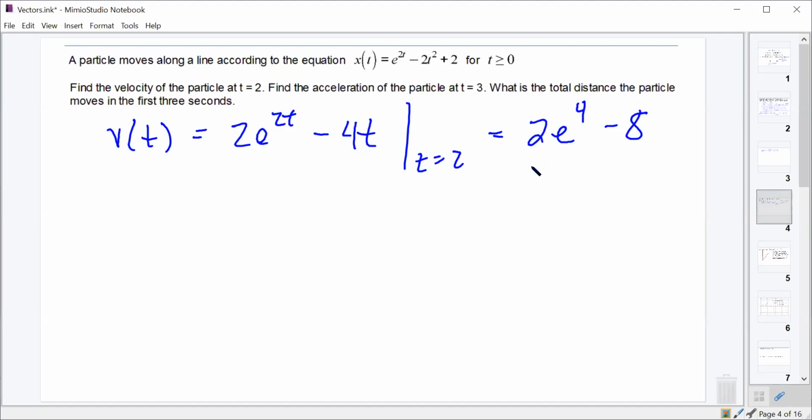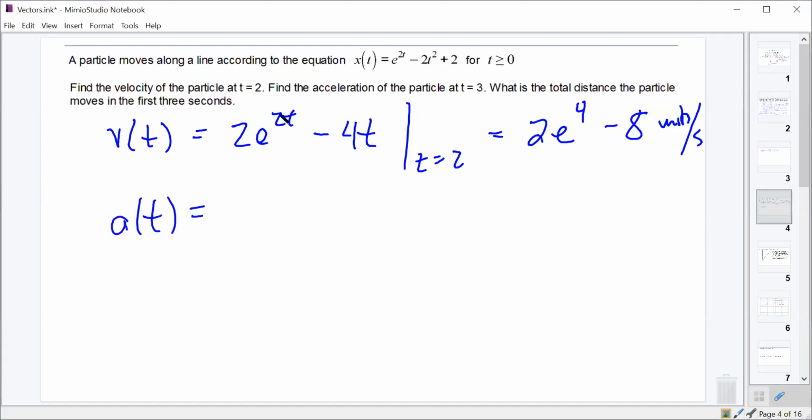We won't attach any units to that because I don't think I got seconds in there, but that's fine. We'll just say 2e to the 4th minus 8 units per second. Everybody good with that? Okay, and if we want the acceleration,